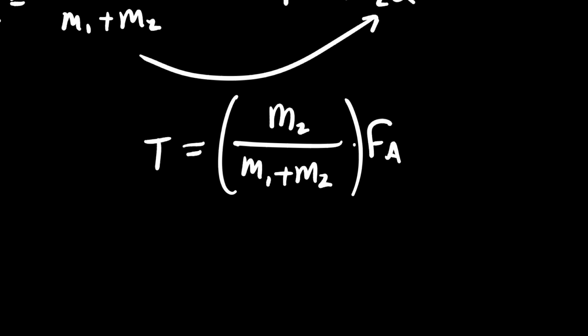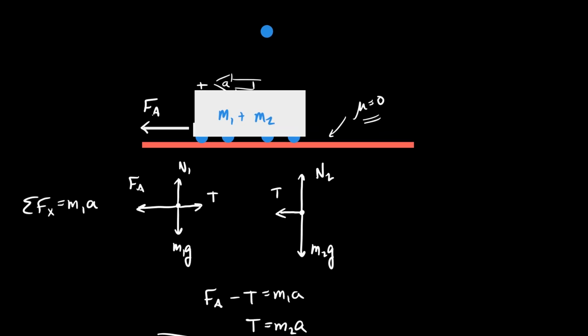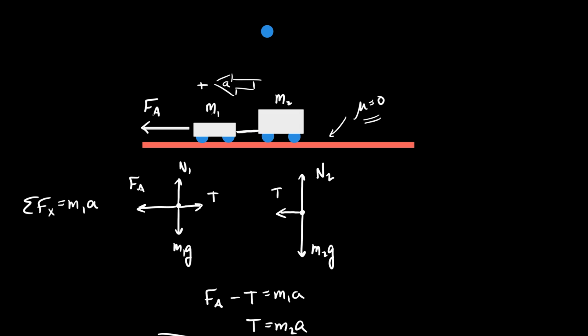I'm saying this to you because if you want the tension between the cars to be the least possible, would pulling them this way, where the heavier car is first, be the right way to go? I'm sorry, the lighter car is first. Do you notice that in this particular scenario, tension equaled M2 over M1 plus M2 times the applied force? If M2 is the bigger car, that makes this tension the bigger tension. If I want to lessen the tension on the coupling device, I probably want to pull the heavy car first and have the light car behind it.